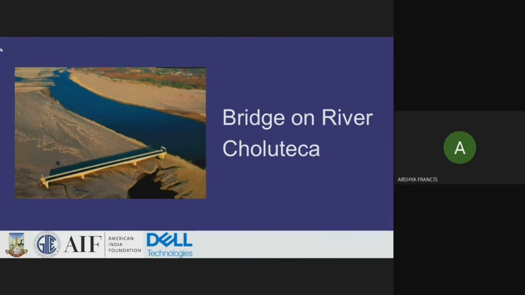If you see my pointer, the bridge is lying where it is, but the river's course has changed. So what message do you think this image could give us? Any try?